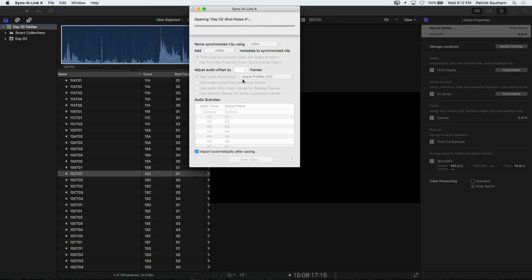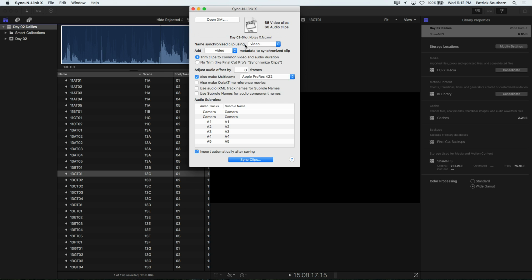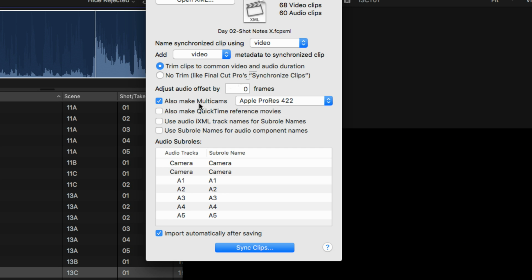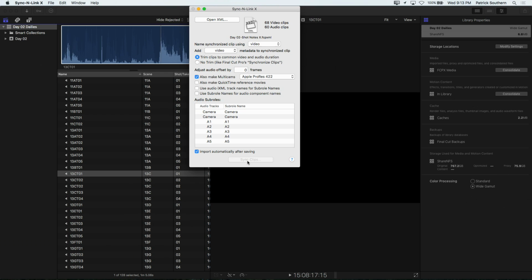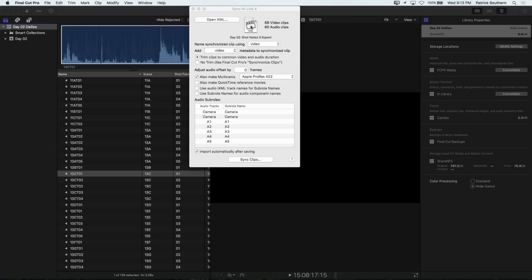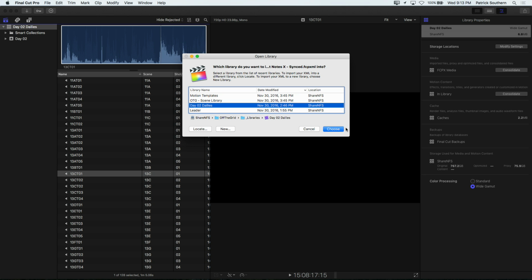We'll hit Open. And then we're going to come in here and make sure that we've got Add Video Metadata to Synchronized Clips selected so that all of my beautiful scripty notes are now going to be applied to my new synchronized and multicam clips. And in case I have any clips that are from scenes that had both an A and a B camera, I am going to leave checked also make multicam clips. All right, so we'll hit Sync Clips, and that's fine. We'll go ahead and save that file, and we'll rename it -synced. We'll hit Save,